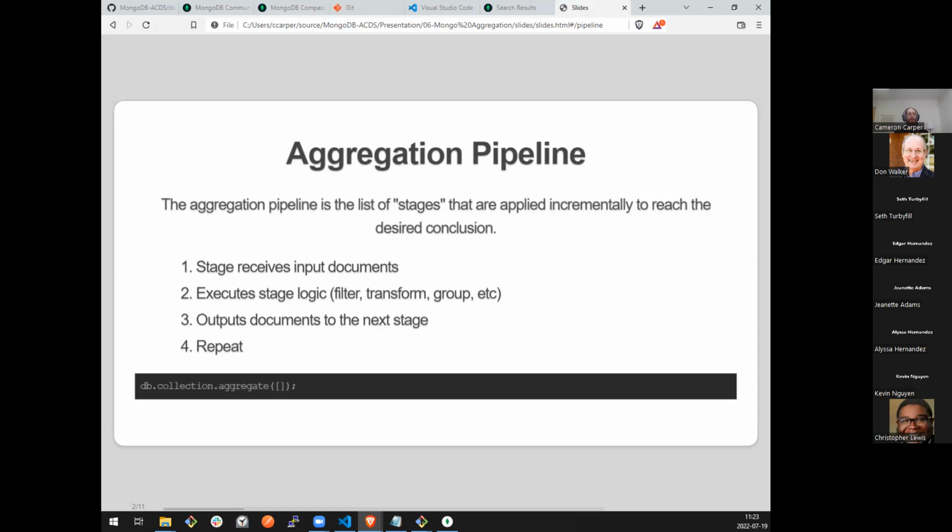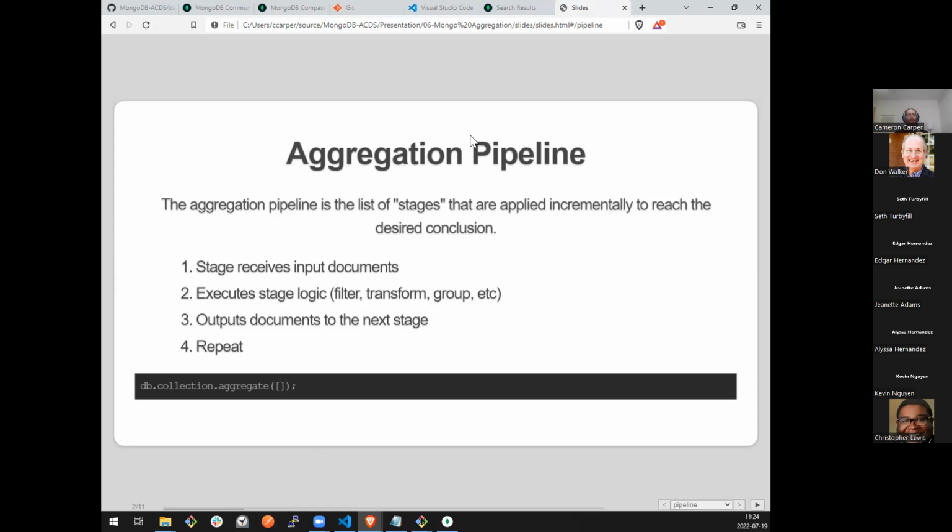And in the past, we had parentheses and then curly braces because we were declaring our query object. But since the aggregation pipeline is a list of stages that we're going to execute sequentially, instead of using curly braces, now we use square brackets for an array, because we're going to pass it an array of objects that define each stage in our aggregation pipeline.